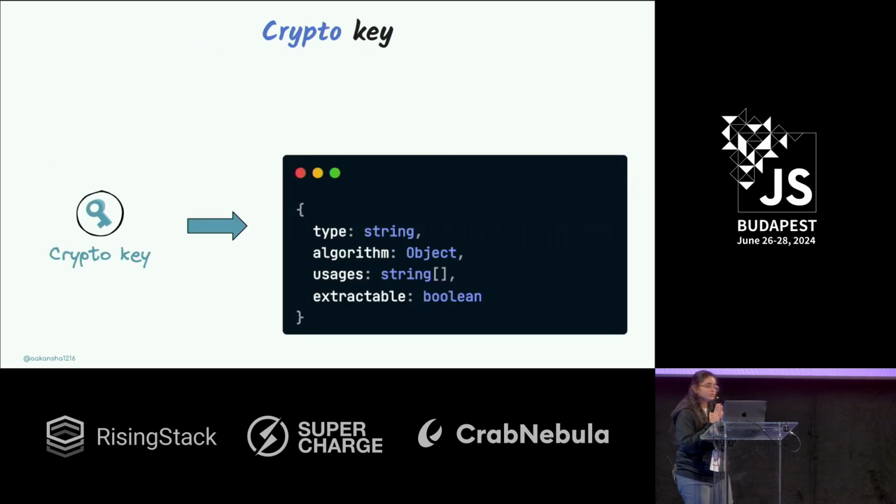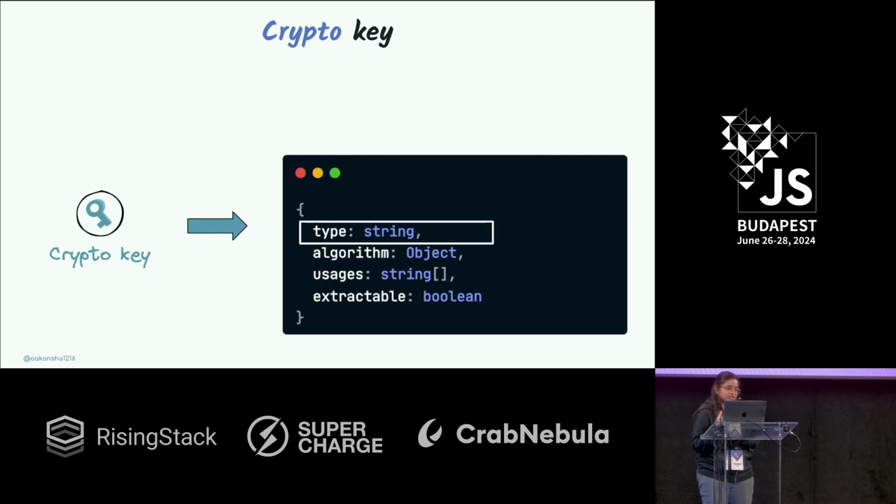And there are a few things which we need to understand when it comes to using the Web Crypto APIs. The first one is the CryptoKey. Now, what exactly is a CryptoKey? CryptoKey is basically an opaque representation of a cryptographic key. You cannot really view the bytes of the CryptoKey, even if you are the one who has generated it. So it just gets generated and you cannot interact with it. What you have access to is only these four parameters which you can see in the JSON.